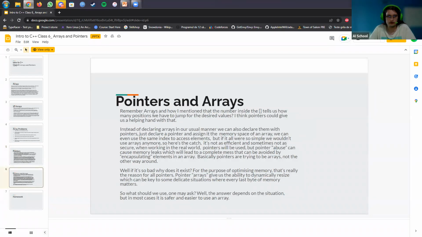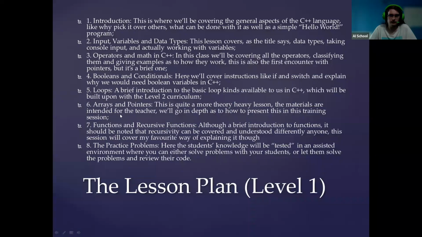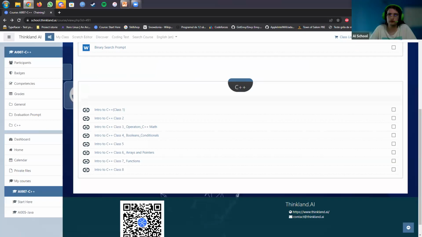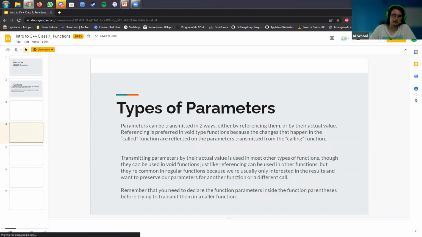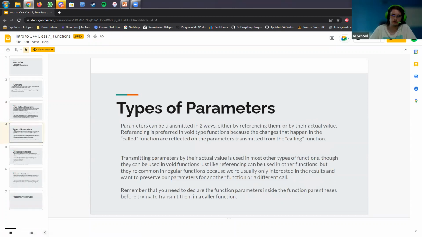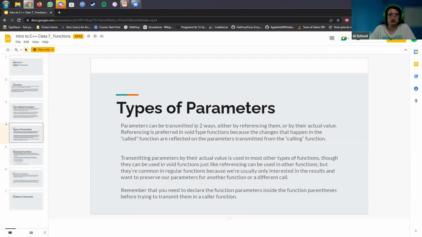Right, so this would be why I said that pointers are very theory heavy, and so are arrays. But let's get back into it. So the next chapter on the PowerPoint is functions, and of course recursive functions at that. So my way, or at least how I present functions and recursive functions from my experience, is just quote unquote